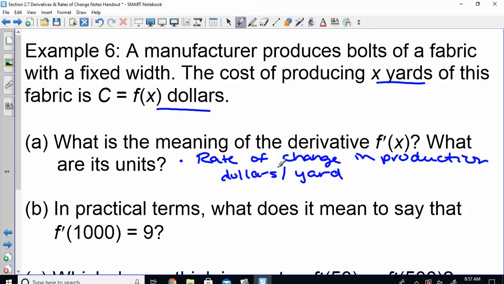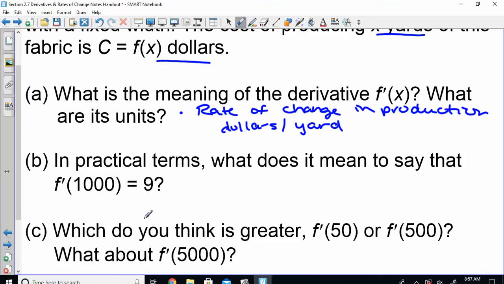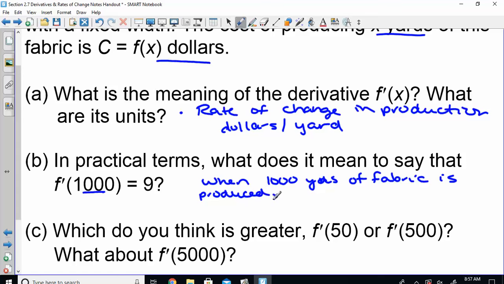So next, in practical terms, what does it mean to say that F prime of 1,000 equals 9? So the X is 1,000. So it's saying when X was 1,000 yards, so when we produce 1,000 yards of fabric, we already said up here the derivative was the rate of change in production. So this is saying the cost